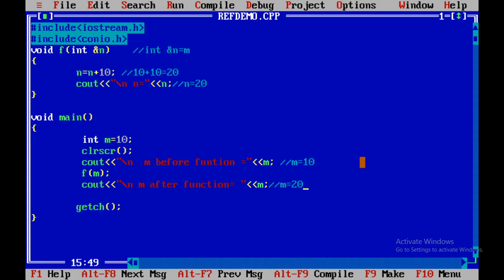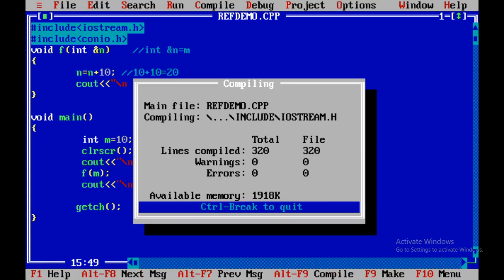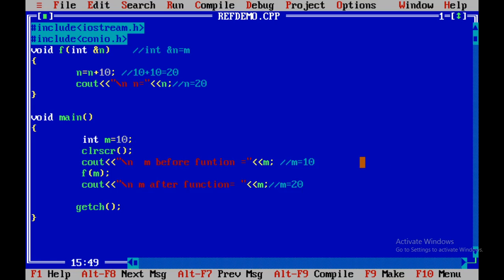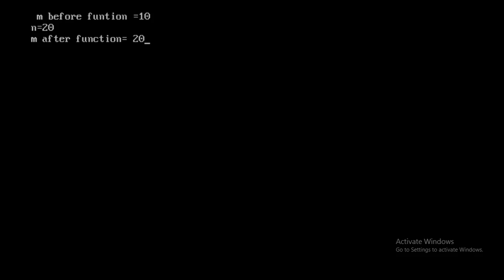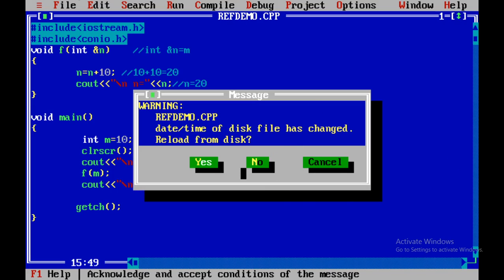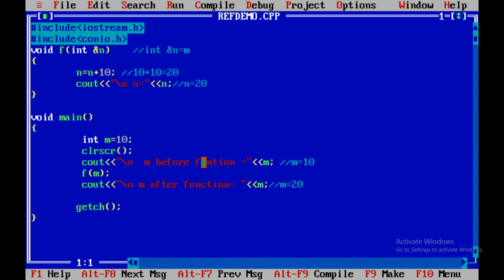I save the changes, I compile, I execute. See, the result: m before function is 10, the value of n is 20, and m after execution of the function is 20. So because of the reference variable we have used, the changes are reflected to the actual parameter outside the function also.